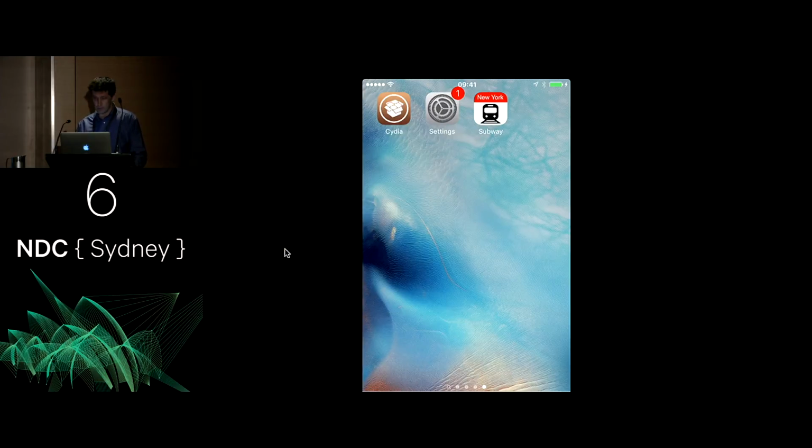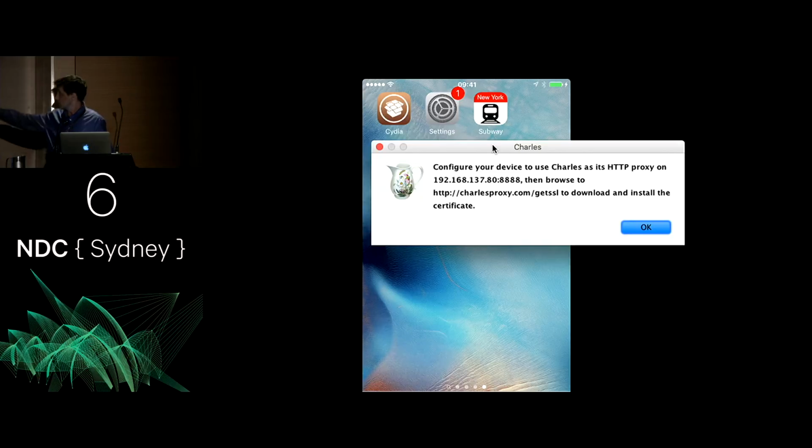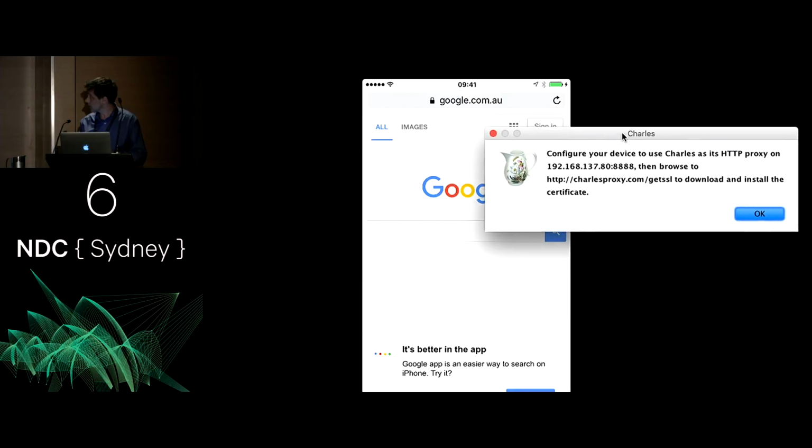Once that's done, the next step, I come back into Charles and click another one of these invisible menu options. I've got Install Charles Root Certificate on a mobile device or remote browser. There is also a separate option that walks you through how to set this up in an iOS simulator. When I choose install it in a remote browser, that's what I get. I've got to make sure that I've set the proxy on the phone, which you saw me do, port 8888, and then from the phone, it wants me to go to charlesproxy.com/getSSL.